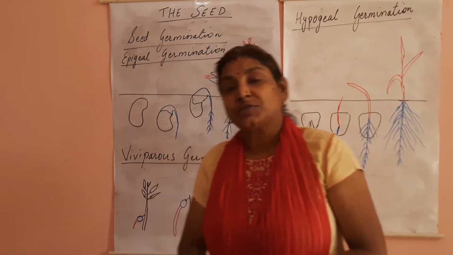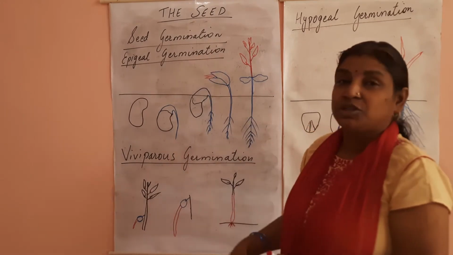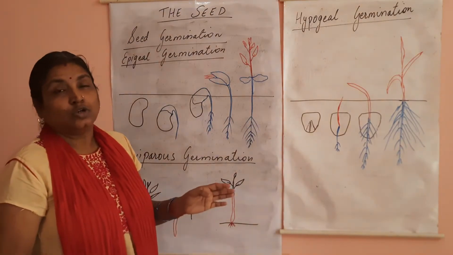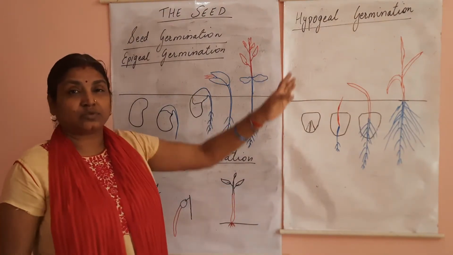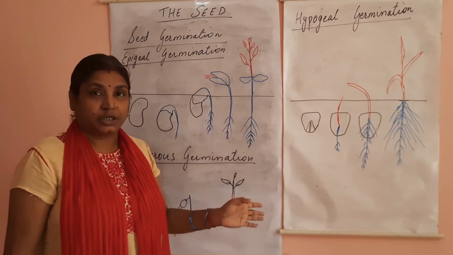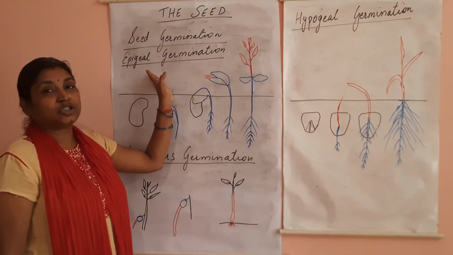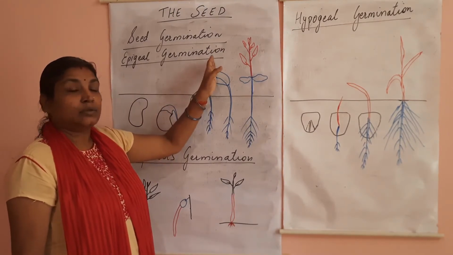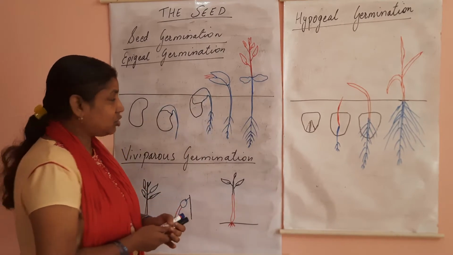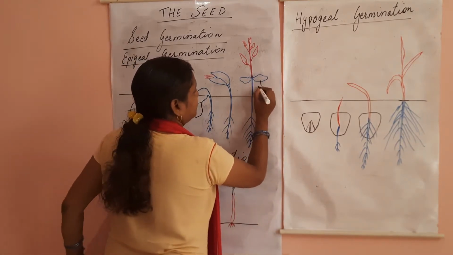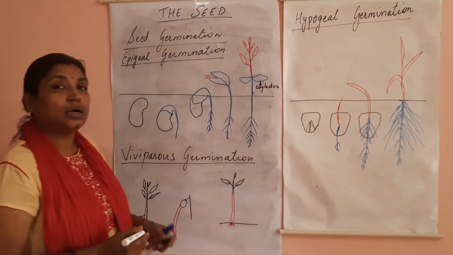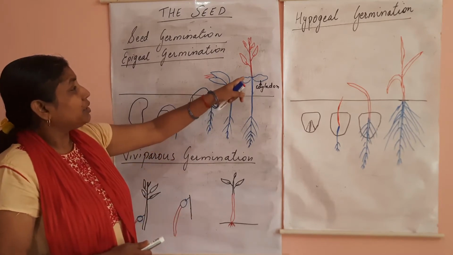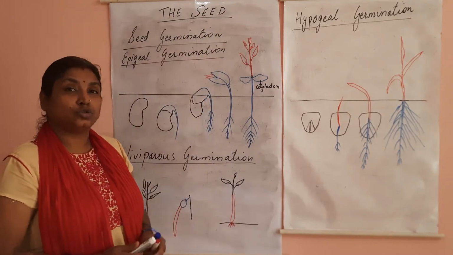This entire process takes place in three ways, that is your apical germination, viviparous germination and hypogeal germination. So first let us understand what are these types of germination and then we will do it in detail. Beginning with apical germination, in apical germination the cotyledon comes out of the soil and forms the first seed leaf. This is your seed leaf, cotyledon, which is green in color and helps in carrying out the photosynthesis. Then the plumule develops into the shoot system.